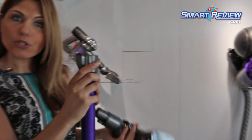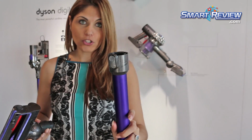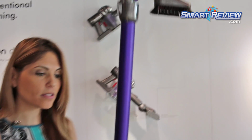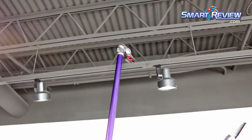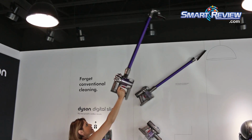You can attach any tool and attachment that you like onto the wand portion of this machine. I'm going to put this down and we'll attach here this multi-angle tool. So you can see if you wanted to do high reach cleaning with this, again, because it's so lightweight, you can take this into your high areas that you need to get to. Maybe it's a ceiling fan, maybe it's crown molding or vents, but this allows you that freedom to get those